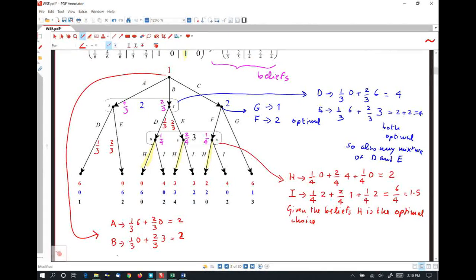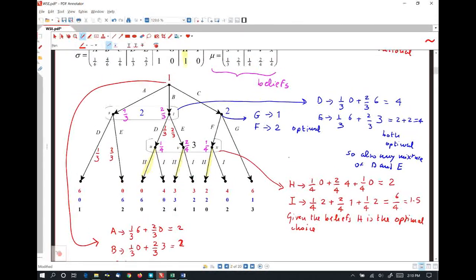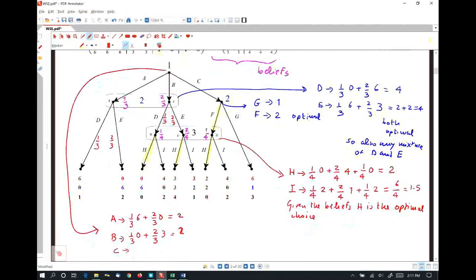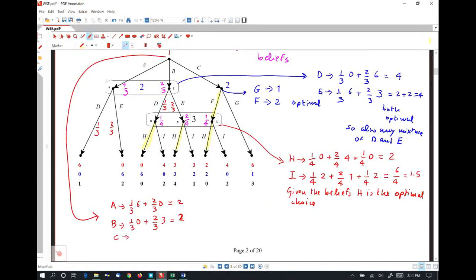And finally, if you play C, then what? Well, then the behavioral strategy of player 2 says that player 2 plays F here. So if you play C, then player 2 will follow with F, and player 3 will follow with H, and you end up with a payoff of 2. So they're all optimal,